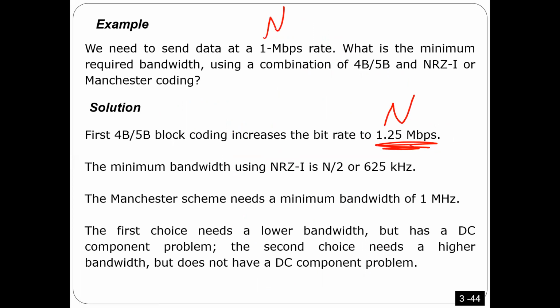This is the original N. Okay, so this is the original N. This is the new N. Okay, so if I want to use non-return to 0 inversion, so actually I'm going to get